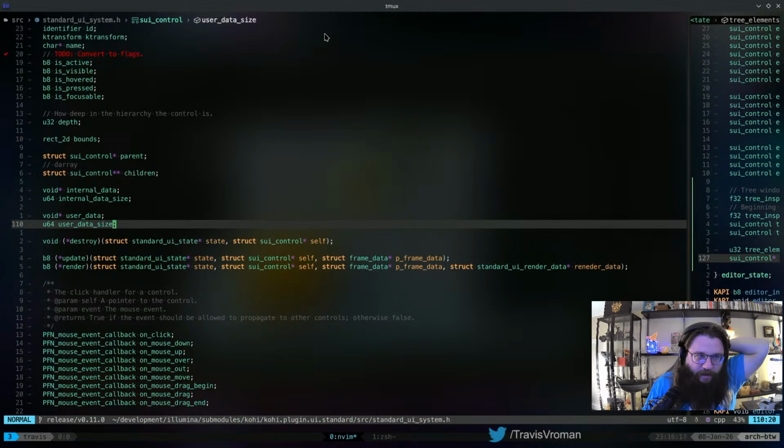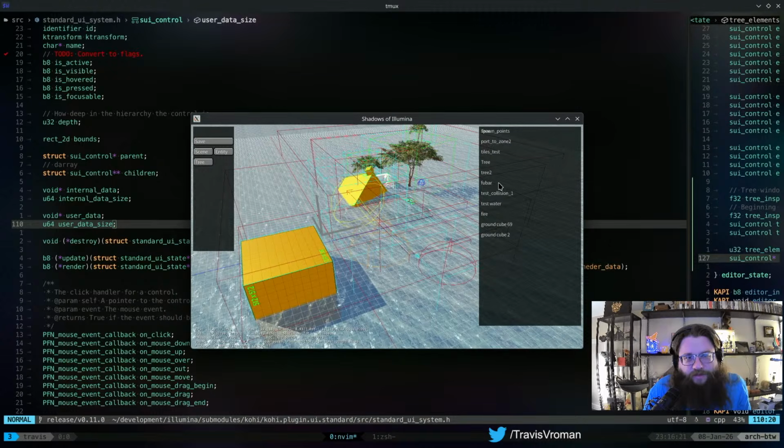Anyways, I think that's going to do it for tonight. We made pretty decent progress. I'm going to work on this tree a little bit more, probably over the weekend, and see if I can get the selection working, and a little bit more of a tree view working. But yeah, there we are.